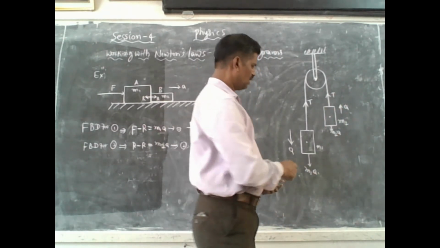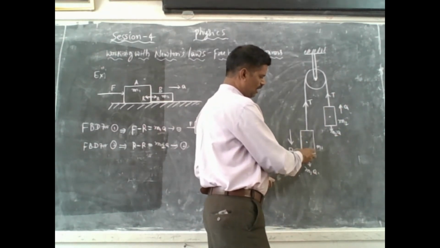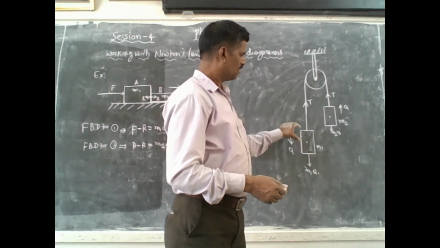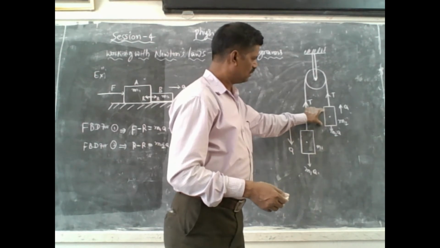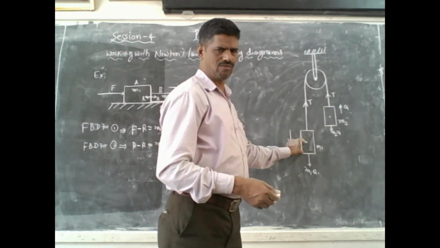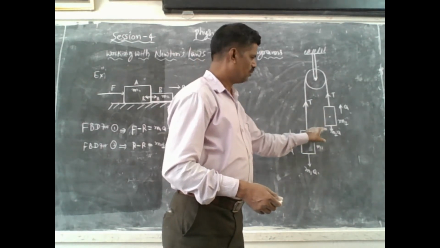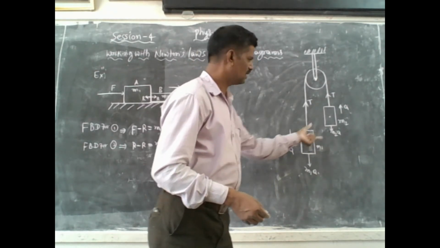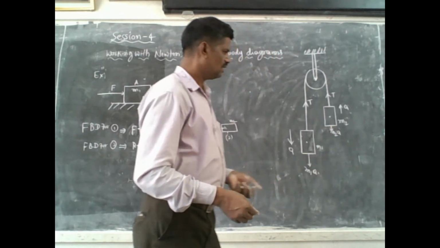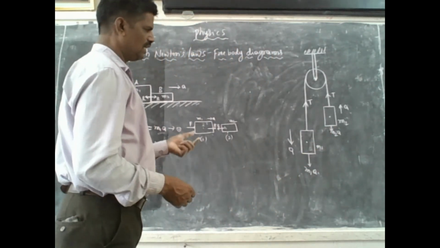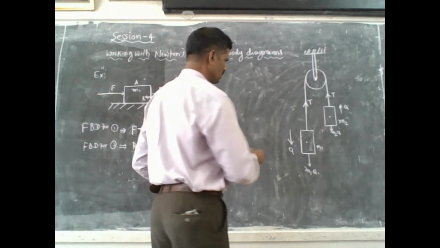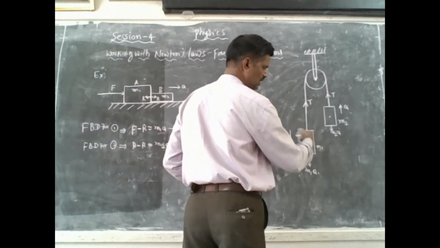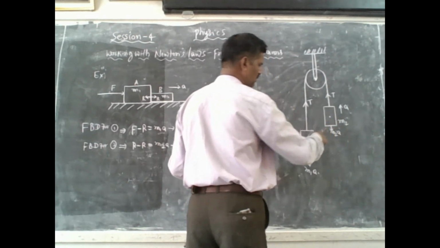So therefore, the acceleration is downward for this one, and the acceleration is in upward direction for this one, because due to the weight of the body it is pulled up. That is, this M2 is pulled by body M1, isn't it? The M2 is pulled by body M1 because of the heavier mass; M2 is the lesser mass, isn't it? So that's why we can consider here the free body diagrams, and along x-axis and y-axis we should consider.